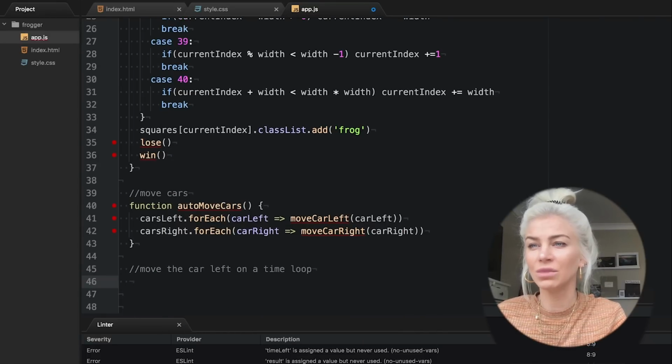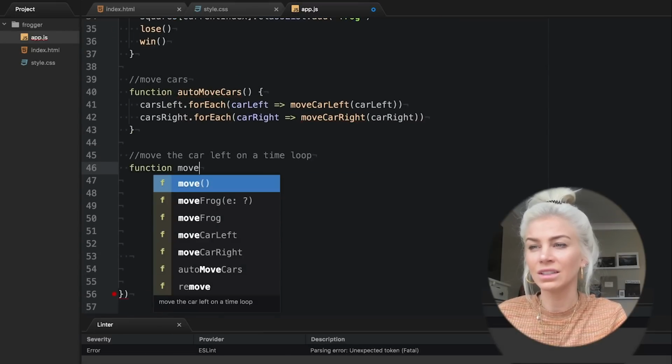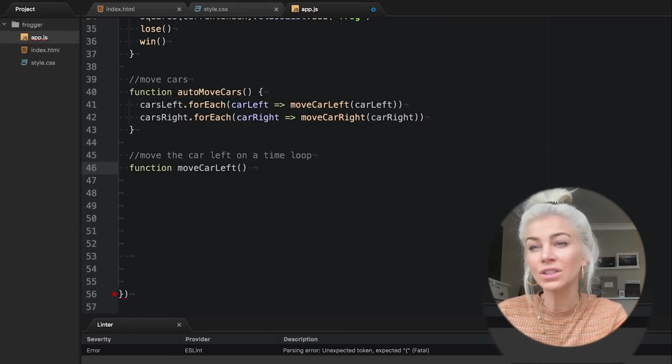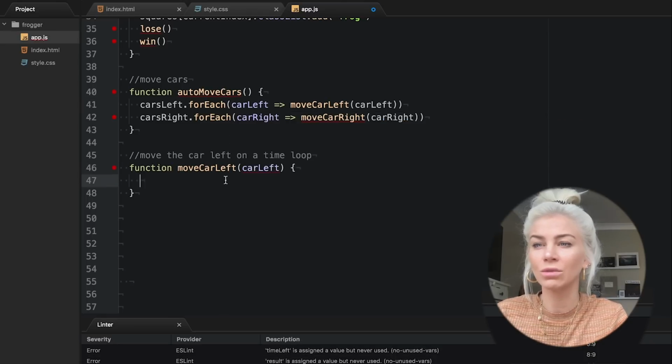Okay, now let's write that moveCarLeft function that technically is just going to re-render 3 divs every second. We will use a switch for this and pass through the car left we get from the function AutoMoveCars.